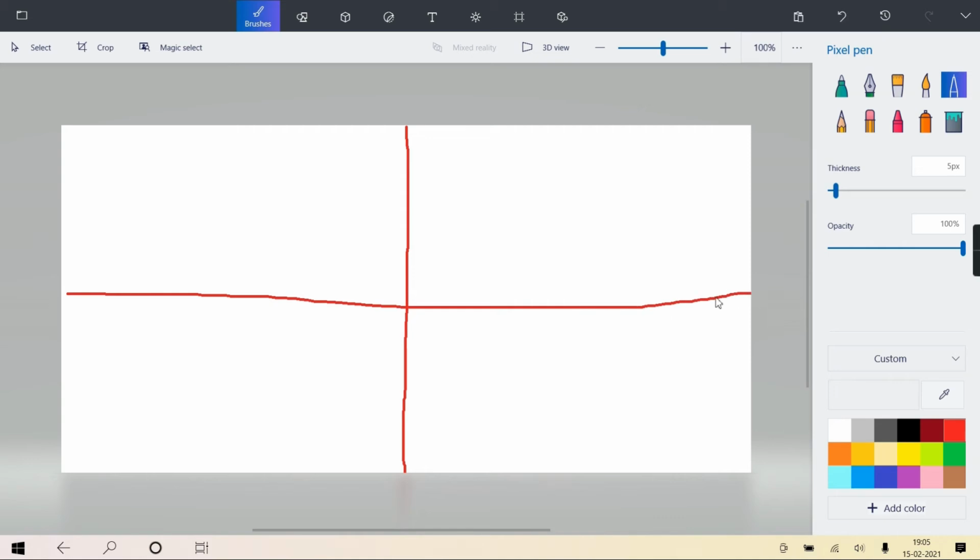You understand? So if I say move 90 degrees, it will move 90 degrees but with respect to the origin. Then I say 120, then also with respect to the origin, not the direction in which it is currently facing.